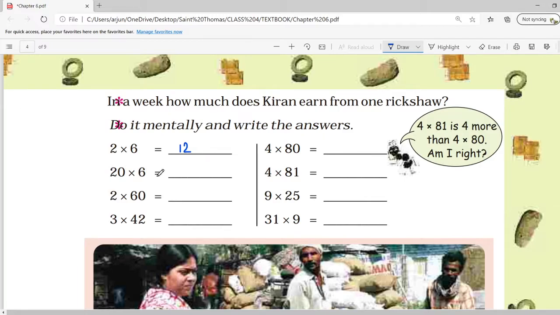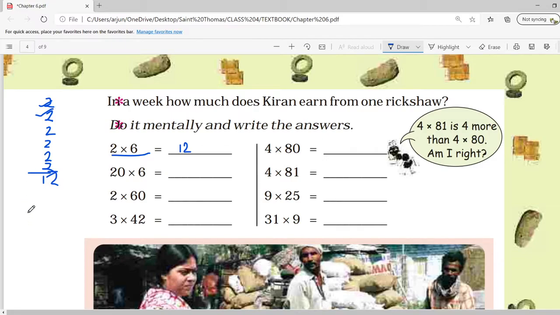See, what is the meaning of 2 multiplied by 6? That is, 2 is taken 6 times, right? 2 is for 6 times. That is the meaning of multiplication. So here I have written the 2. So what you can do is just add up this number. So 2 plus 2 is 4, 4 plus 2 is 6, 6 plus 2 is 8, 8 plus 2 is 10, and one more for the 6th time, 10 plus 2 is 12. So this is what we are actually doing. We are calculating 2, 6 times, right?